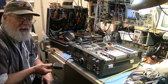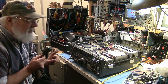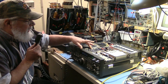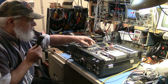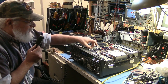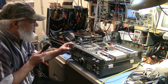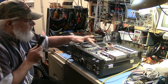There's no delay. When the switch is out, it still keys in VOX, but there's no delay at all. Turn the gain up. The gain works. I would think it would have to. But it seems to bypass the delay, because if I turn the VOX on...